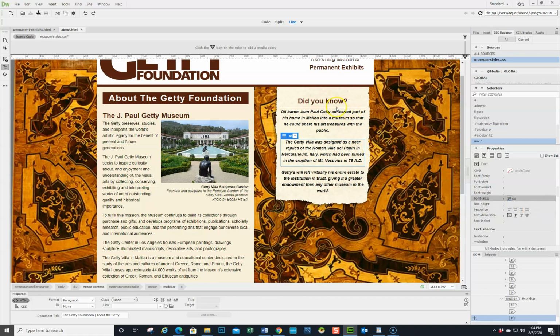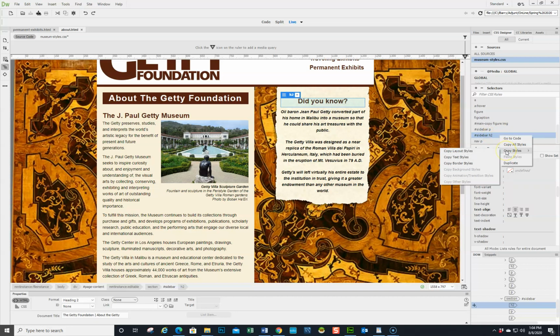So just for the heck of it, let's go back to the P over here. And so we have a sidebar P, sidebar H2. And what we're going to do here is let's right click and choose copy styles, and we'll copy border styles, which we actually don't want to do. So let's go into code view. We'll click on go to code,